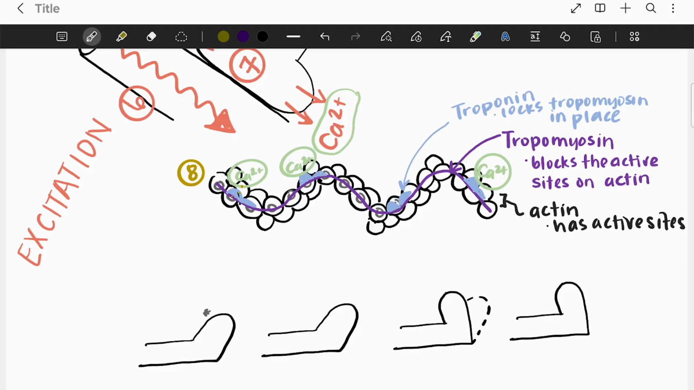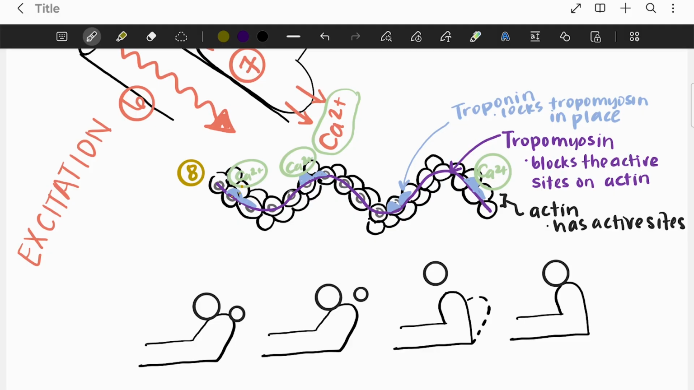So now we need to set some things up for step 9 before we deal with the active sites. So let's go down to our myosin heads down here and let's put some things in place. So we need a circle here and a little circle here. We're going to need a big circle here. And we're going to need a little circle here. And then we're going to need a big circle here. Okay, so